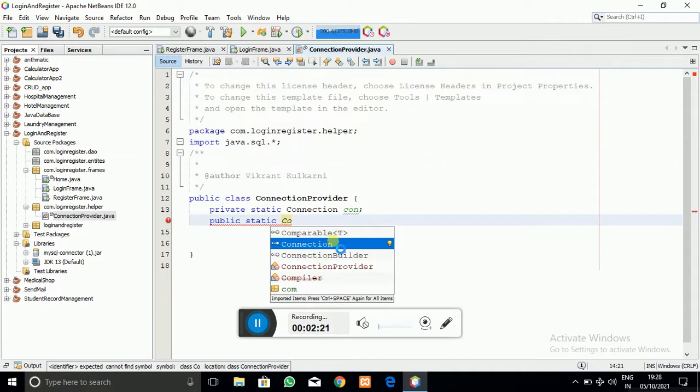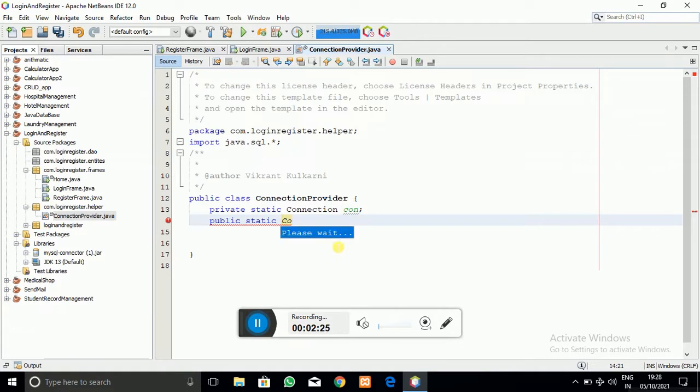This method establishes the connection to the database and returns a connection object to us, so that we can use that connection object throughout our project. So let me write that getConnection method.